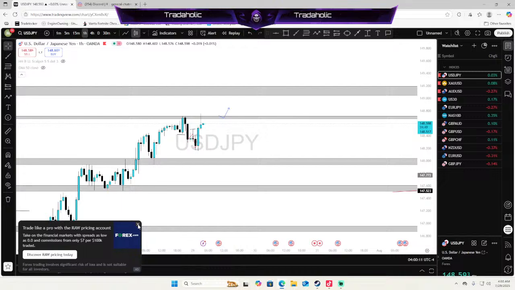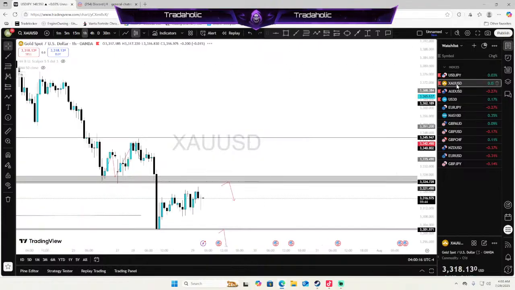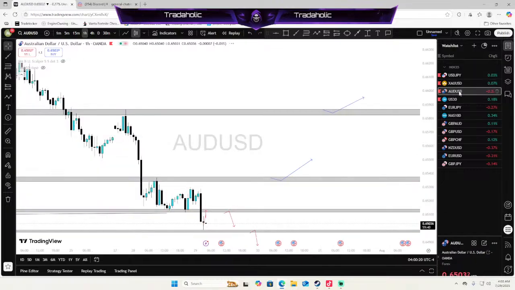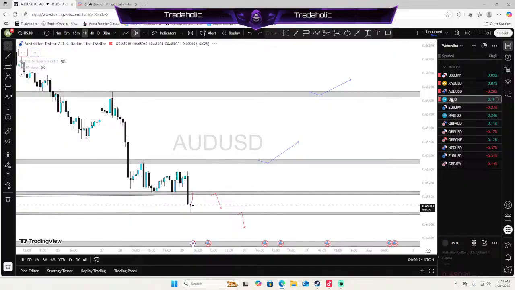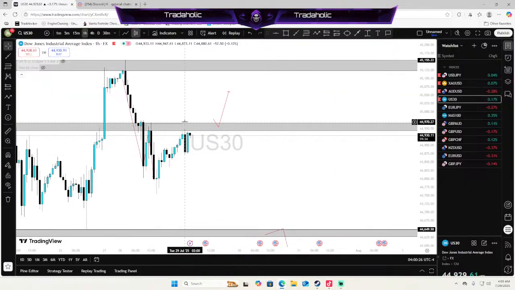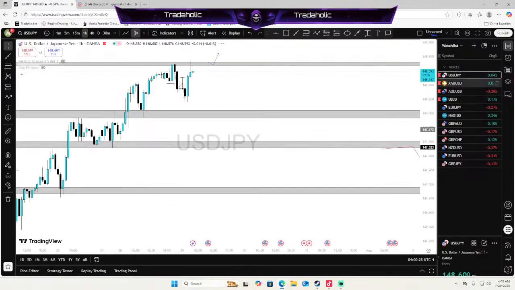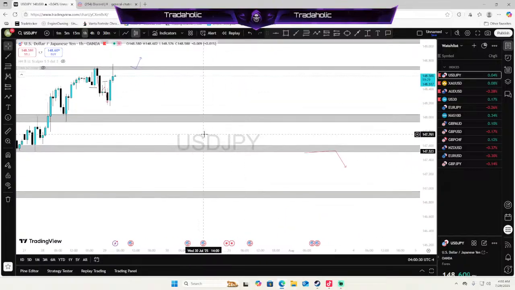So look at that 1 hour closure, rejection candle, no trade. No rejection candle, no trade. Gold didn't tap into my level yet, no trade. AUD didn't tap into my level yet, no trade. US 30, no closure above, no trade. Gotta wait for another hourly to close at 5 a.m. But I'm not staying here that long. I'm staying here to 4:30.